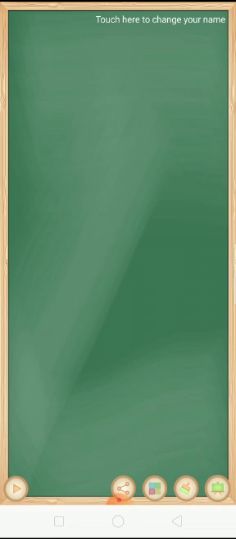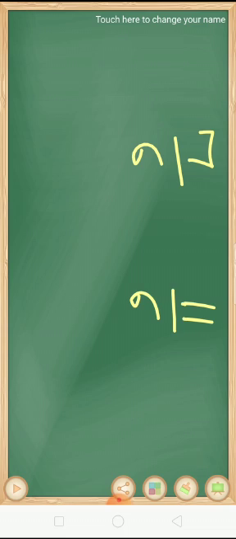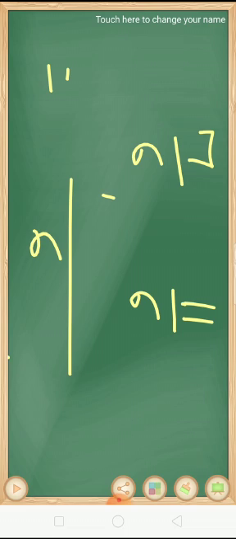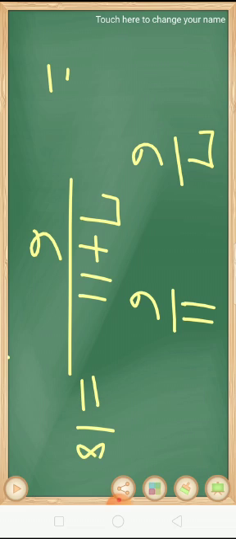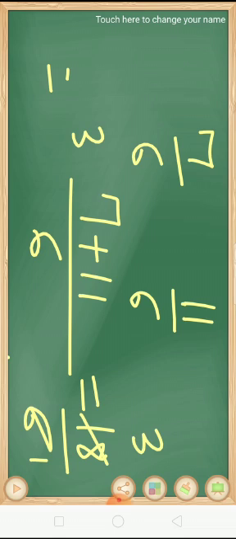Let us take one more example, 7 upon 6 and 11 upon 6. Our rule is to make the denominator the same, but in this question the denominator is the same already. So we simply write the denominator and add the terms present in the numerator. 7 plus 11 is 18 and we get 18 upon 6. And we have to reduce it to the simplest form. So 6 ones are 6 and 6 threes are 18. So your answer is 3 upon 1.